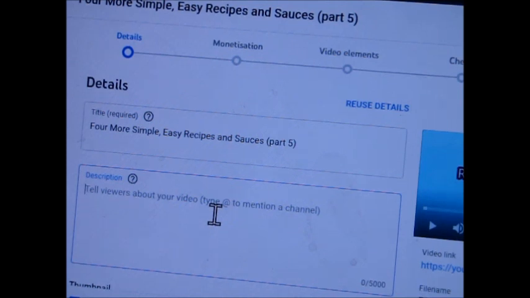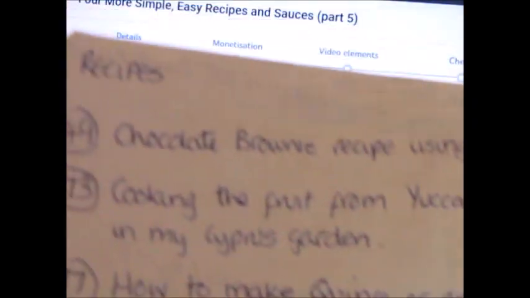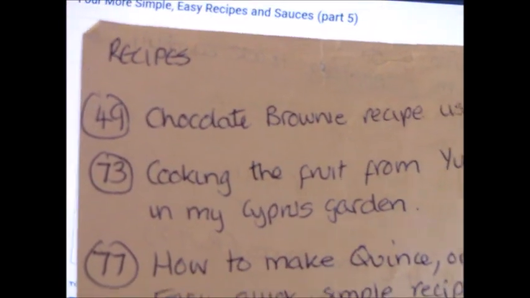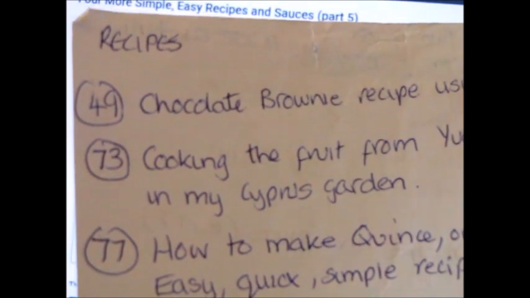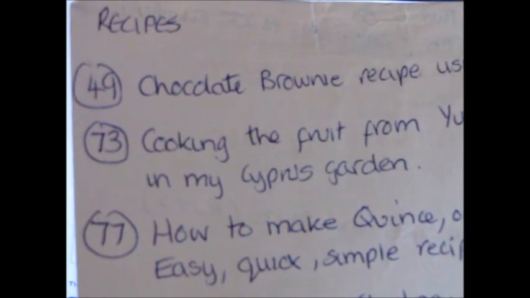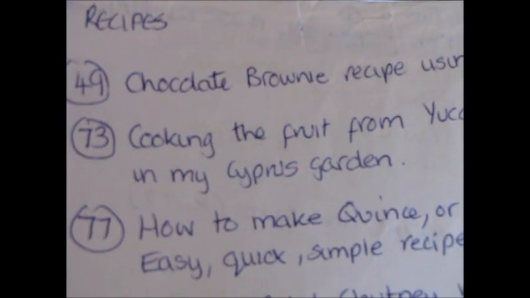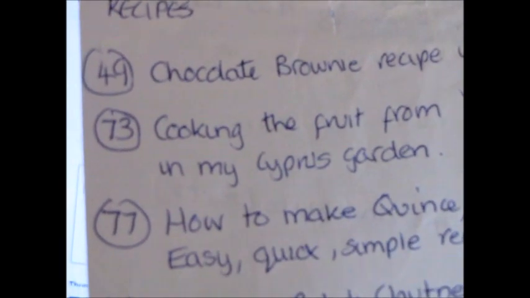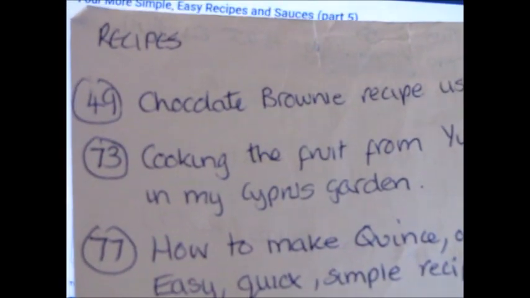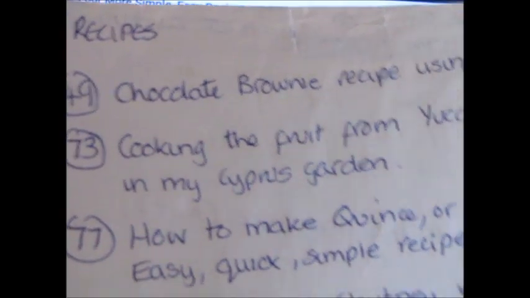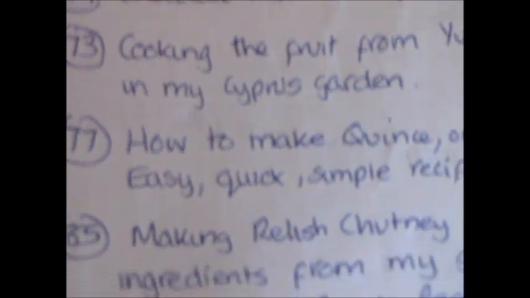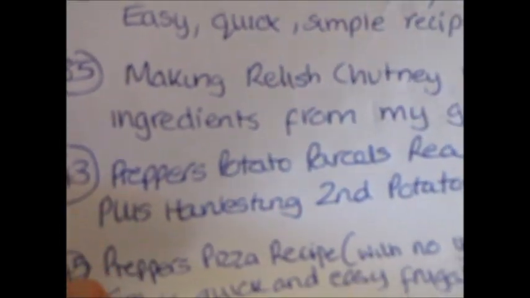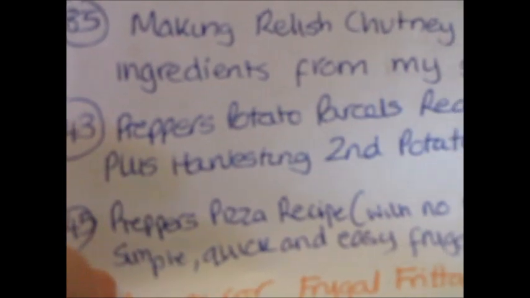Apart from that, and this is how I find the videos very quickly, I have separate sheets. These are not the titles of my playlist necessarily. So for example, this sheet I've called recipes, and I list every single recipe as I post it from this channel. This is how I find them very quickly. So you can see now I can copy and paste all these number videos and find them in that Word doc. So I can just go down 49, 73, 77, 85, 143. So this is how I find the easiest way.